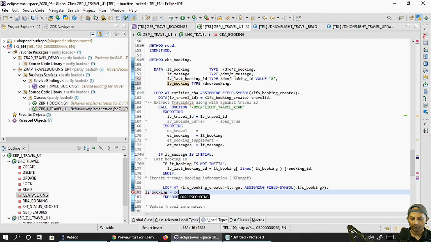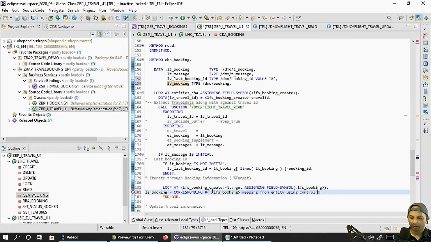We are copying corresponding, but what exactly we need to deal with, let's say this one, and of course we have this booking, right? So this value we need to pass it 1, okay, mapping from entity using control.